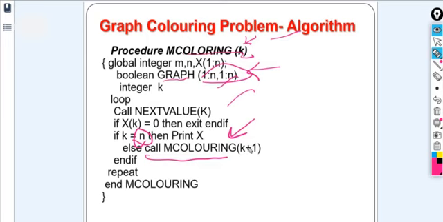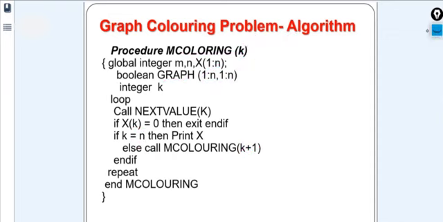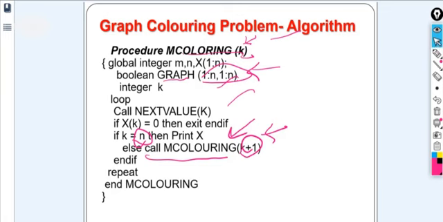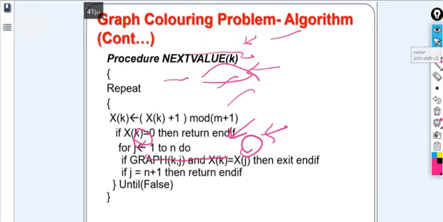So what we are doing here is just updating the k value, k plus 1, and it will repeat until all the vertices of the graph are colored with the minimum number of colors. So it is an algorithm that you can follow here. You can write this particular algorithm also in order to give clarity in the exam. So this is also a part of the algorithm.